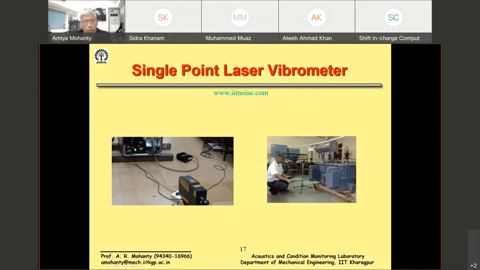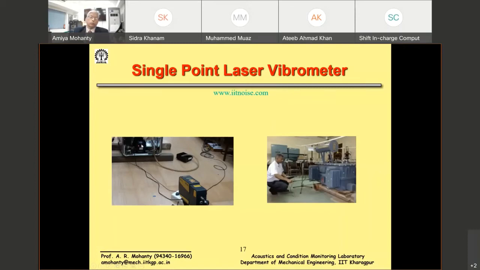This is a refrigerator compressor. I'm shooting a laser beam. So this is a laser beam of a particular frequency. And if this body is vibrating, so imagine this is your target. So this laser beam will get reflected back with a Doppler shift, which is a function of the velocity